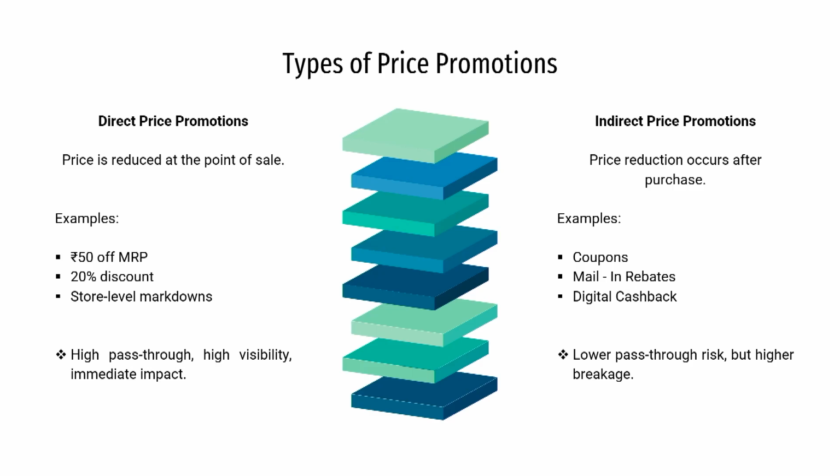Then the next form of price promotion is the indirect price promotion. In case of indirect price promotion, the price reduction occurs after the purchase. You purchase something, you might get a cashback. Examples of indirect price promotions can be coupons, mail-in rebates, digital cashback. In these cases, there can be lower pass-through risk. So, you get something after the purchase that may be tactically retained by the retailer, but it has a higher